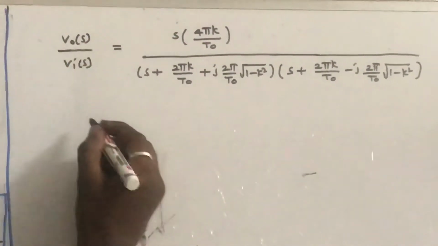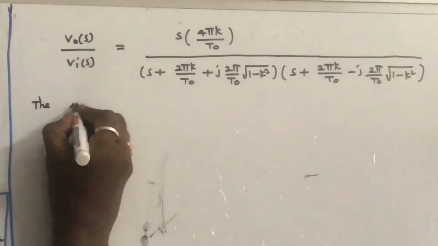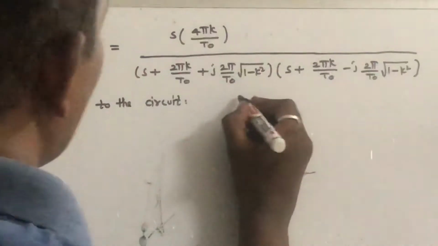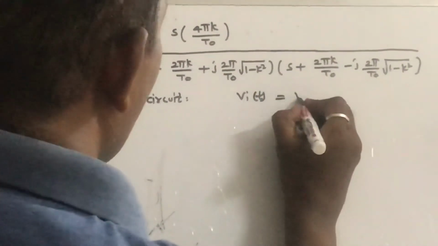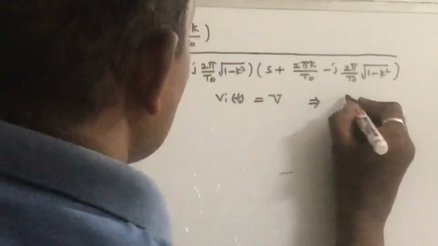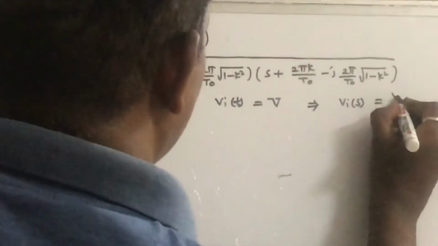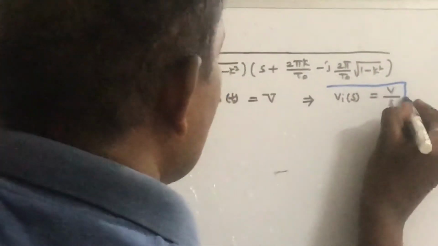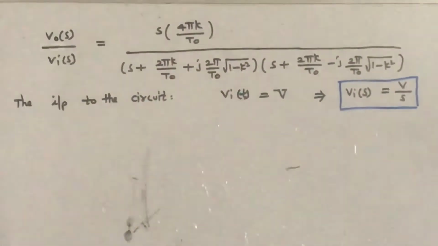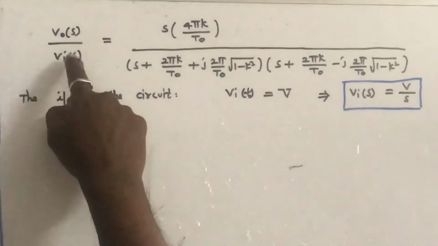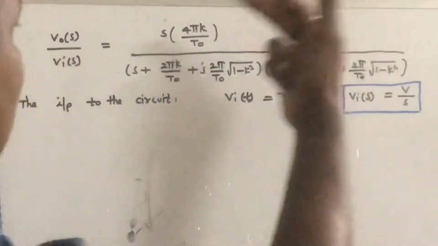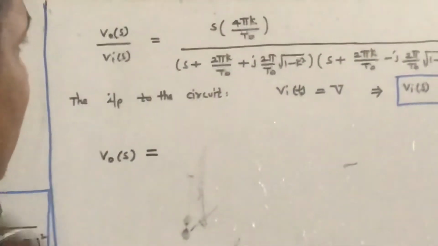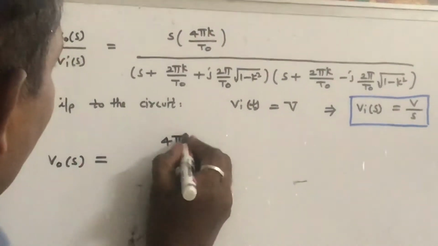So what is our input? The input to the circuit is a step input, so Vi of t is equal to V. If you take the Laplace transform of this, Vi of S is equal to V by S, since the Laplace transform of a constant is 1 by S, and of V is V by S. Take Vi of S to this side and substitute V by S. The S gets cancelled out. Therefore V0 of S for step input is written as 4 pi k by t naught